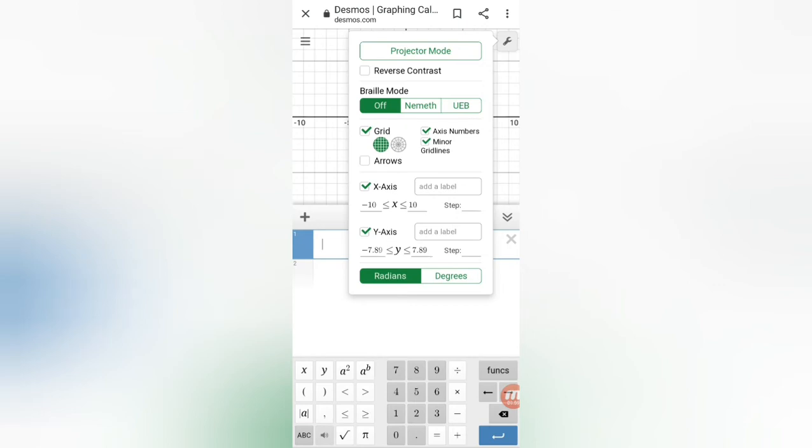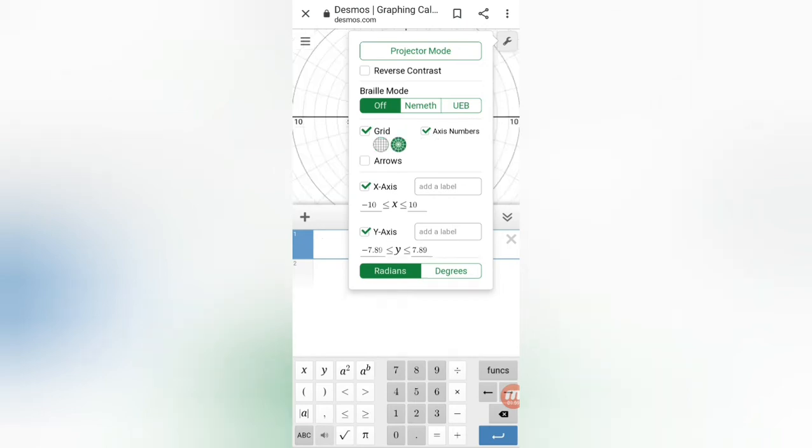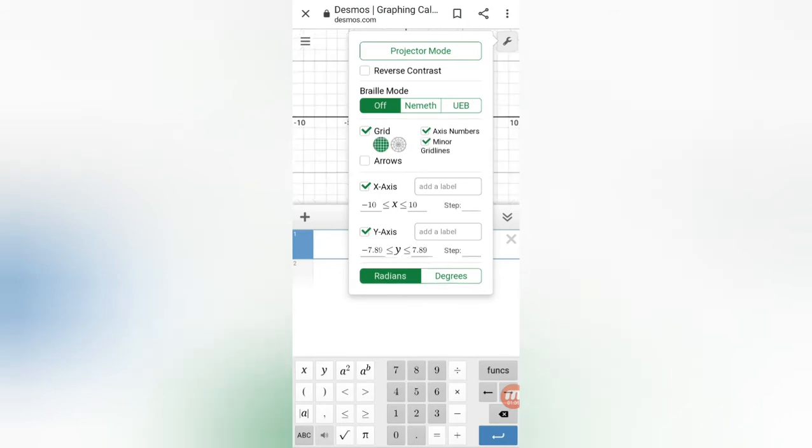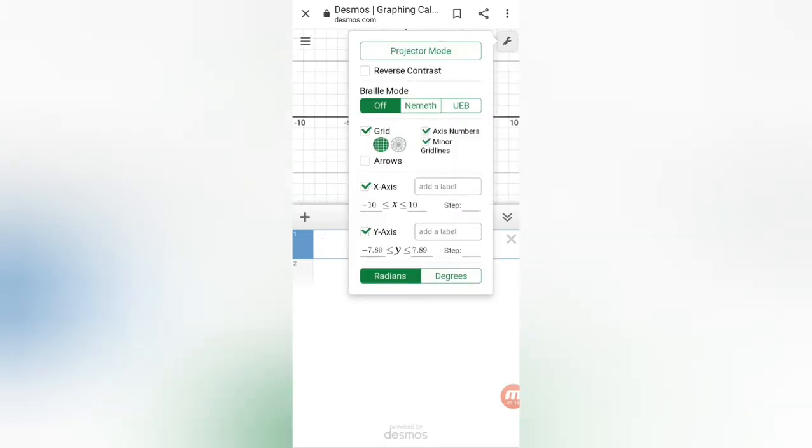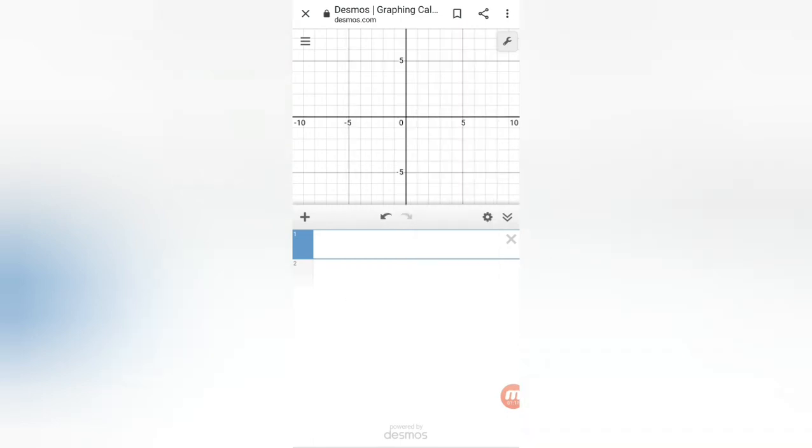Then in grid you have two options: either a regular grid or a circular kind of grid in which the radians are marked, or you can take the degrees, in case you need it. So you should always explore new things to look for new functionality of the resources that are available to you. Right now we will concentrate on class 10th polynomials, and see how this graphing calculator helps children visualize the types of graphs different polynomials have, especially the graph of a quadratic polynomial.